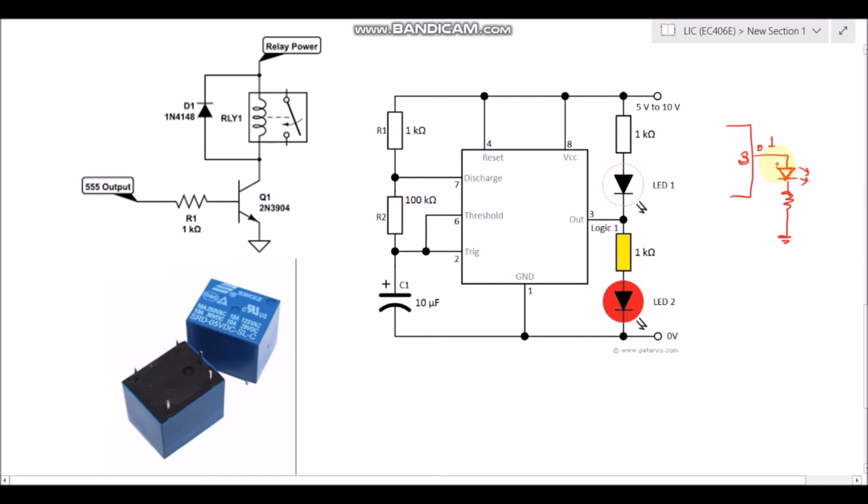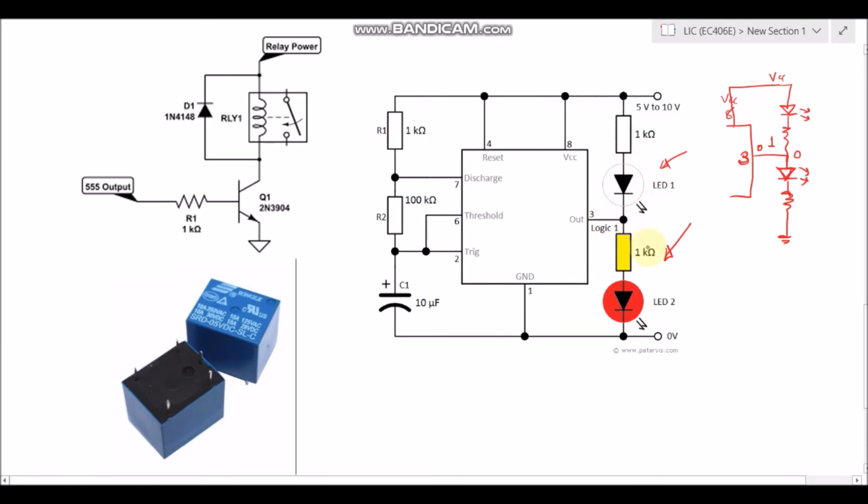But there is another way to connect the LED, so that we can connect it to VCC or pin 8. Here the LED is in series with a resistor. So this is a normally on load. Why? Because normally the output is low, and as it is connected to VCC, this LED will be forward biased and will remain on. Here, as shown, two LEDs are connected in such a way that they will alternately turn on and off. So one LED will be on at one time and the other at another time.